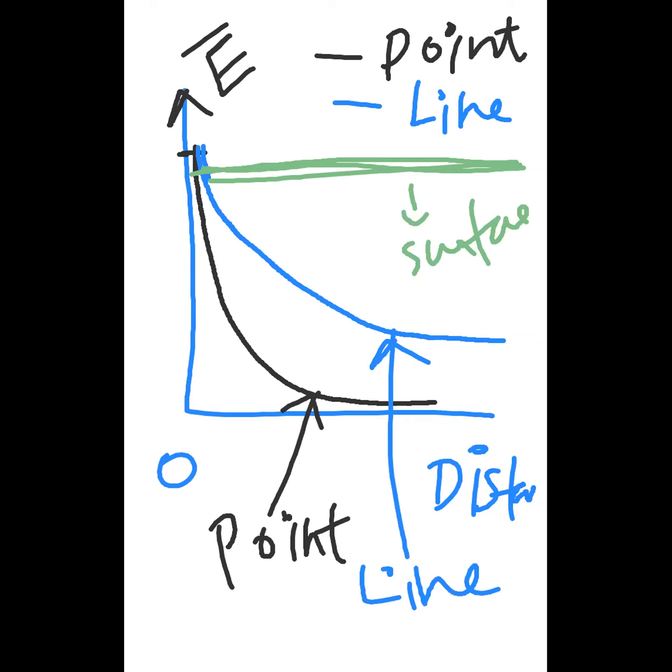Are you all getting this concept, sir? Anyone? Everyone? Yes, sir. How is the electric field changing as you go away from the source? Now I will give you a simple idea. In case of point charge, it is fastly reducing. In case of line, it is slowly reducing. In case of surface, it is not at all reducing.